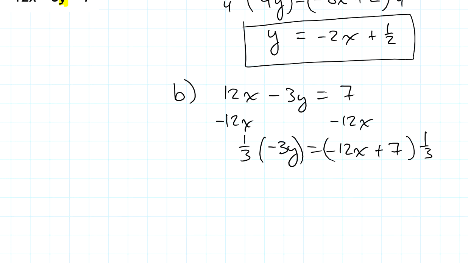And then I'm going to divide both sides by 3 or multiply both sides by 1/3. On the left-hand side, oh, I need to make it negative 1/3, my bad. Negative 1/3, and over here, a negative 1/3. On the left-hand side, I'm left with just simply y. On the right-hand side, negative 12x times negative 1/3 is going to be positive 4x. And 7 times negative 1/3 would be negative 7/3. So my y-intercept for this equation is at negative 7/3, and my slope is up 4 and then over 1,